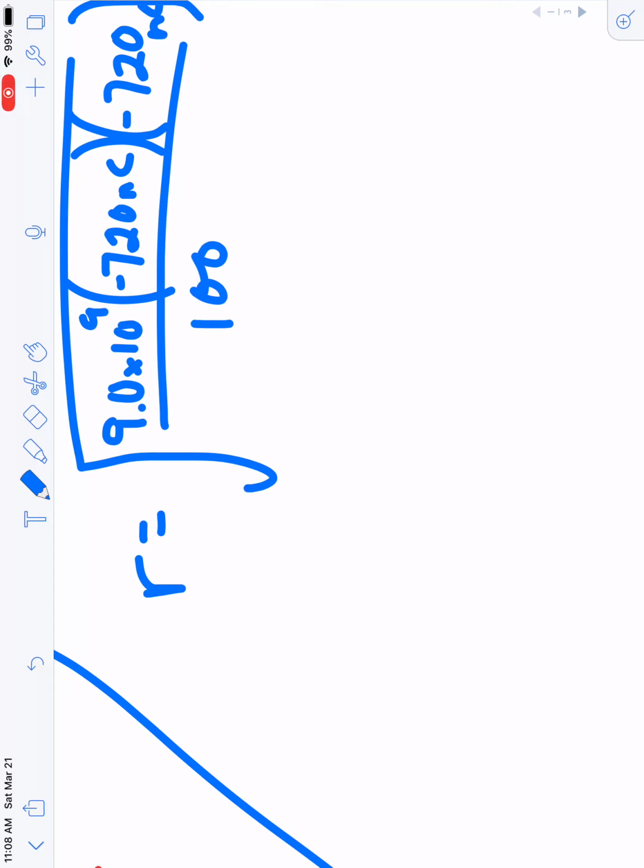Okay, so R equals, we'll multiply the top, just to make sure you guys don't type in the wrong number. 9 times 10 to the 9th, or 9 billion, times 720 times 10 to the negative 9th, times 720 times 10 to the negative 9th. We get